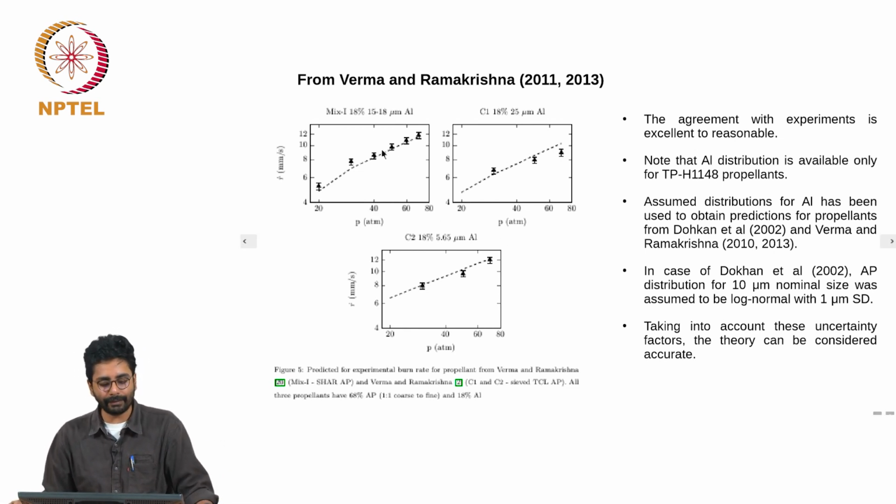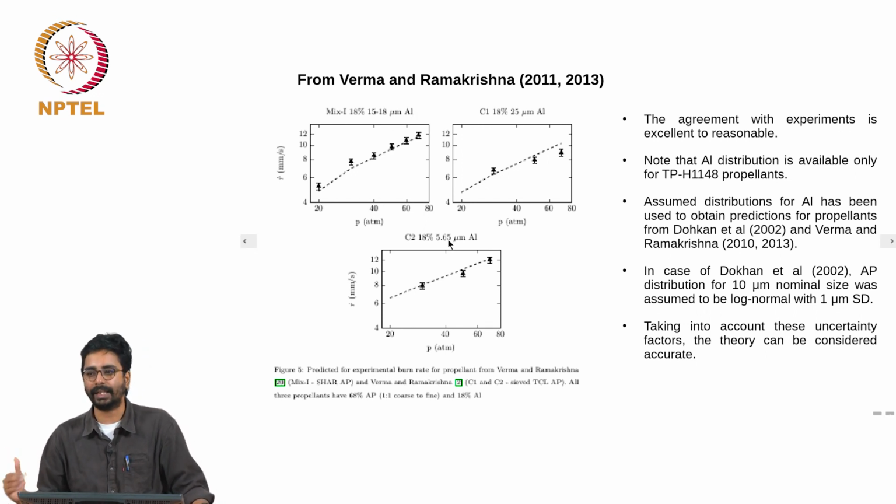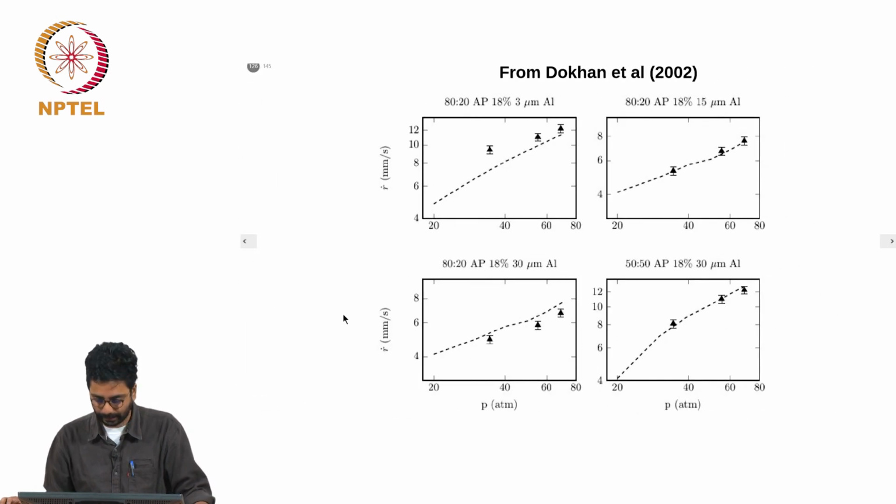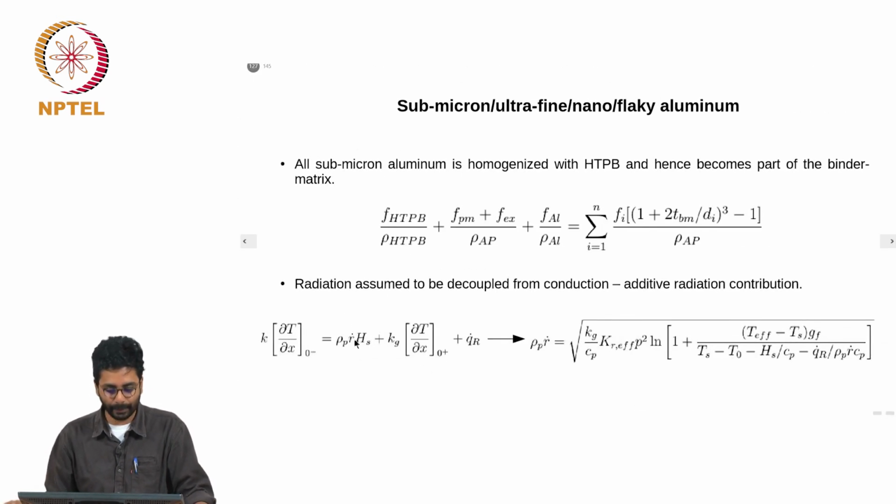It looks like if the aluminum nominal size is between 15 and 18 micron, then the fraction that is smaller than 1 micron is negligible. But if it is 5 micron or 3 micron, as we saw earlier, it could be significant. Again, more predictions for conventional aluminum. I do not want to go into the details. Again, more predictions. That is how the effect of conventional aluminum is accounted for in the model, essentially saying that there is no effect.